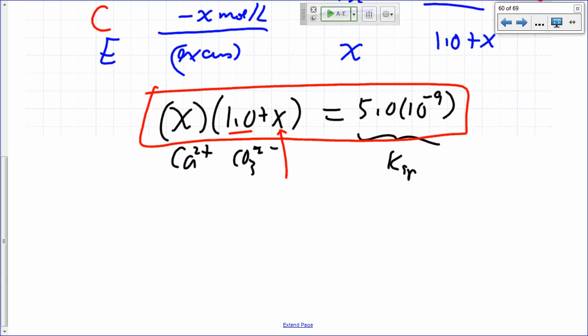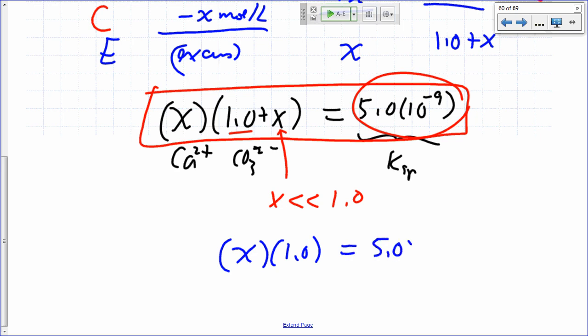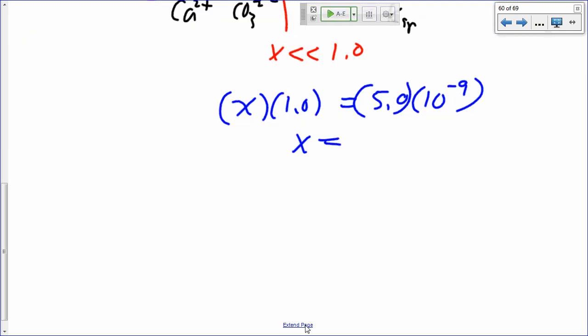Look at this Keq. Very small number, right? So this reaction will hardly go forward. I don't expect that x to make a difference to the total carbonate concentration. So I'm going to make that assumption that x is very small compared to 1. So how would I simplify this equation? x times 1.0 equals 5.0 times 10 to the negative 9, right? How do I solve for x then? This makes it very easy. x equals